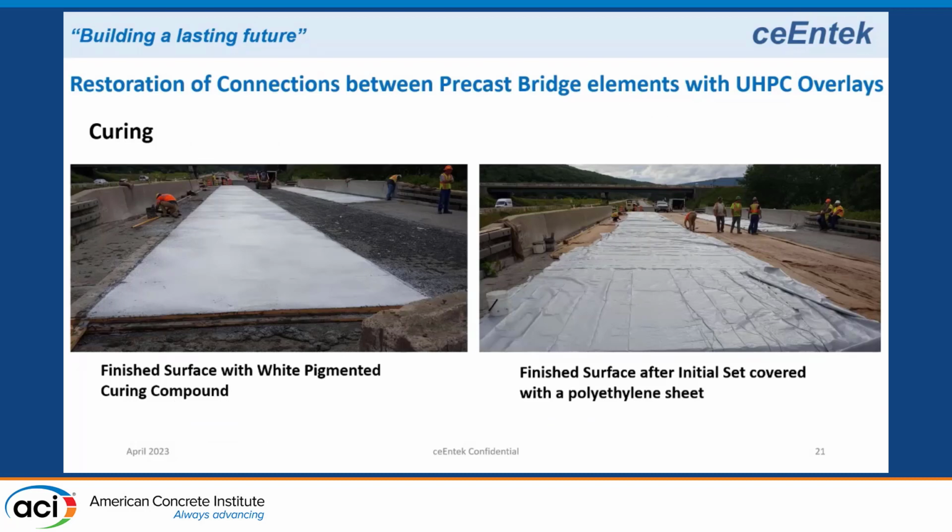So once we put the curing compound on, we wait until the material has its initial set, and then we'll put polyethylene on top to provide additional curing. And we'll leave that on until we get to about 10,000 psi. We'll take off the membrane, and